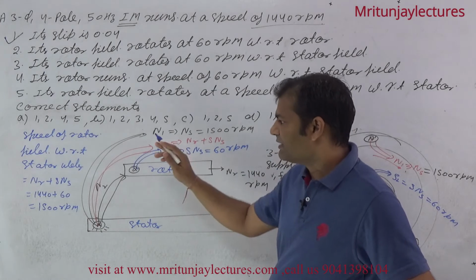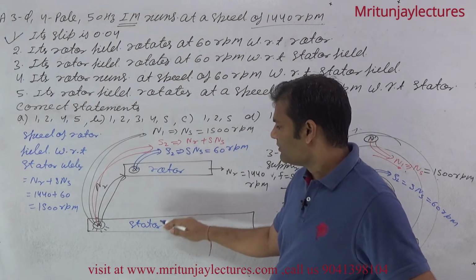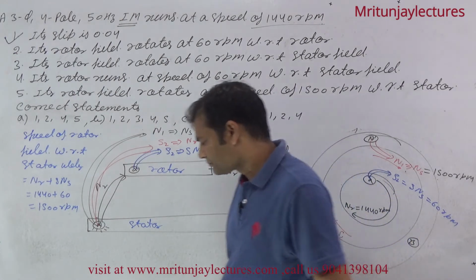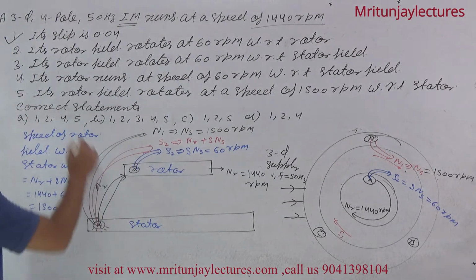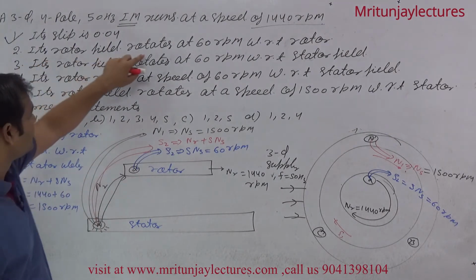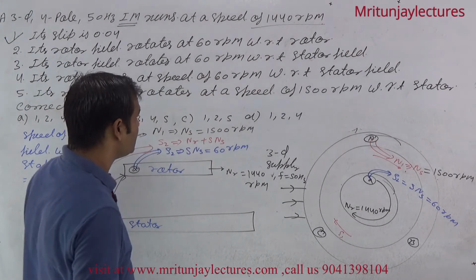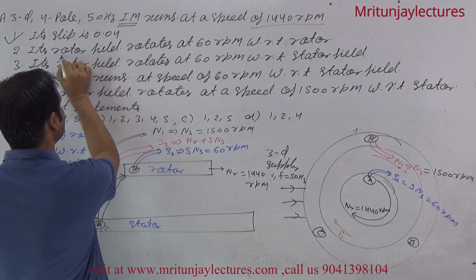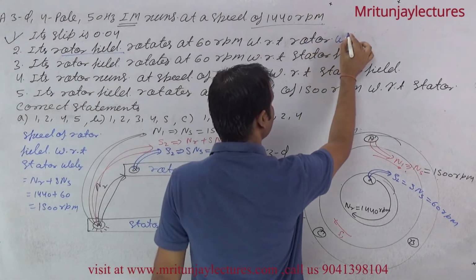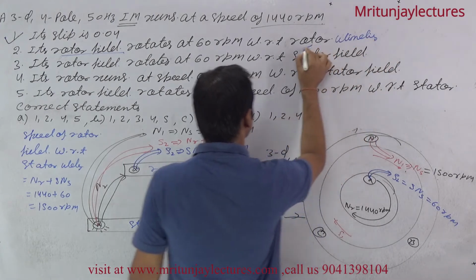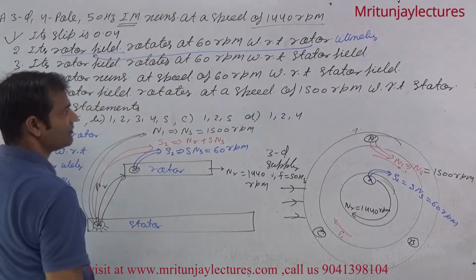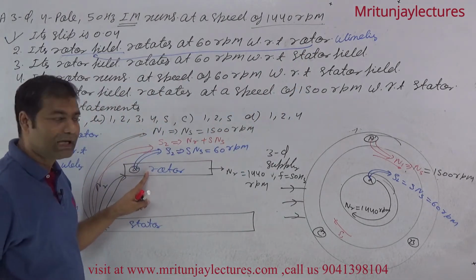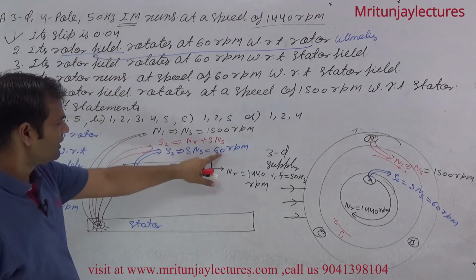You can say that is the speed of the rotor field. This is the rotor field with respect to the stator winding, that is 1500 rpm. It means according to part 2, the rotor field rotates at 60 rpm with respect to the rotor. Now the first one, rotor field. If you sit on the rotor, means rotor winding, clear? You sit on the rotor winding and see the rotor field. First of all, it is clear. If you sit on the rotor winding and see the rotor field, it is 60 rpm.